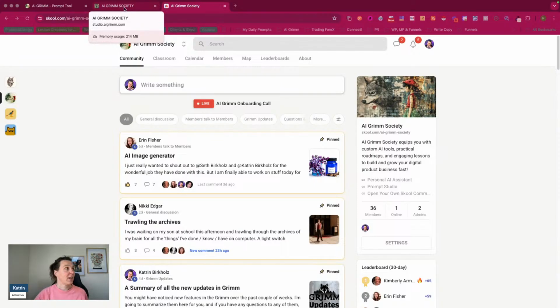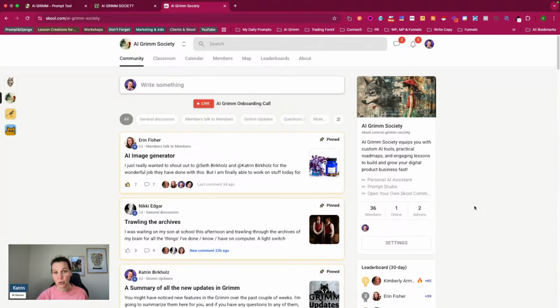So let's just get started with AI Grimm and the layout. And if you're new to school and also to the classroom calendar, members, map, leaderboards, and the about page, and also the possibilities on how to enter our partner program and maybe make some cash on the side. So let's get started. The very first thing you will see when you come in is obviously the AI Grimm